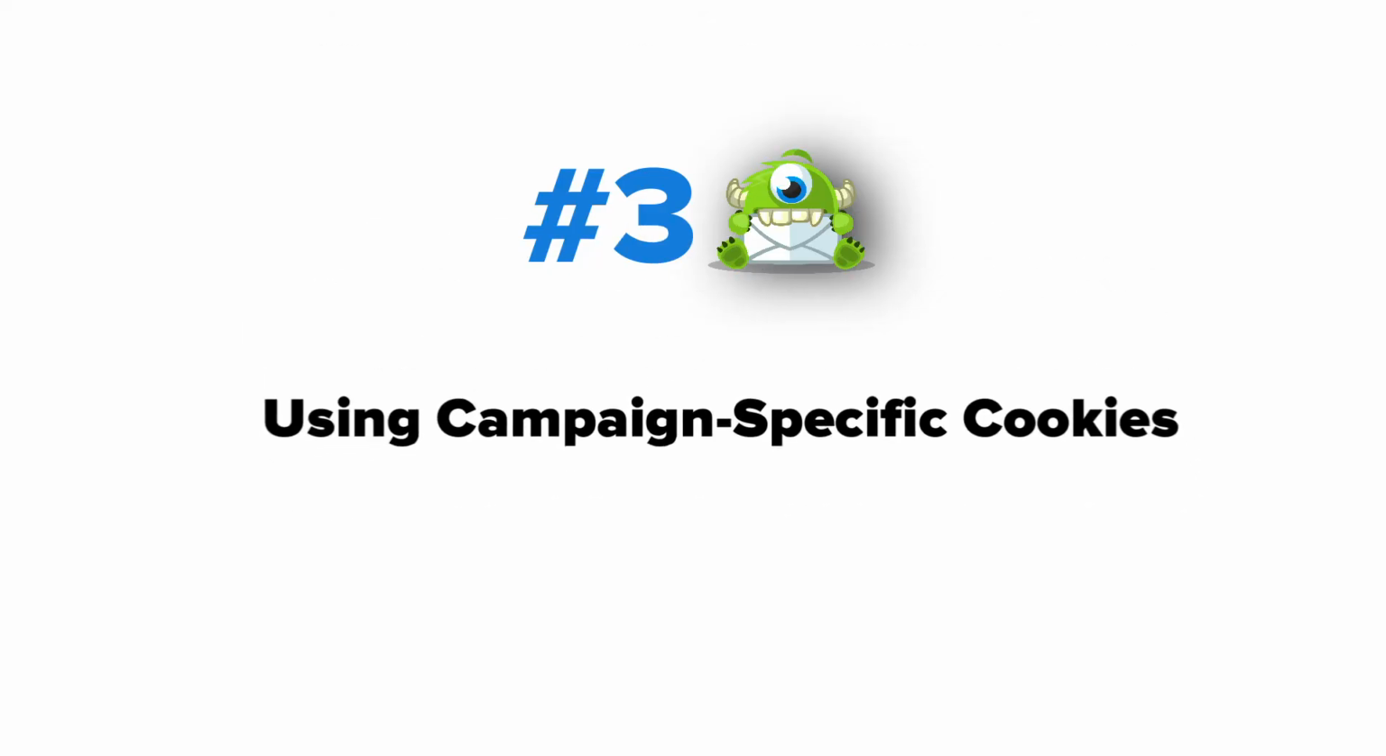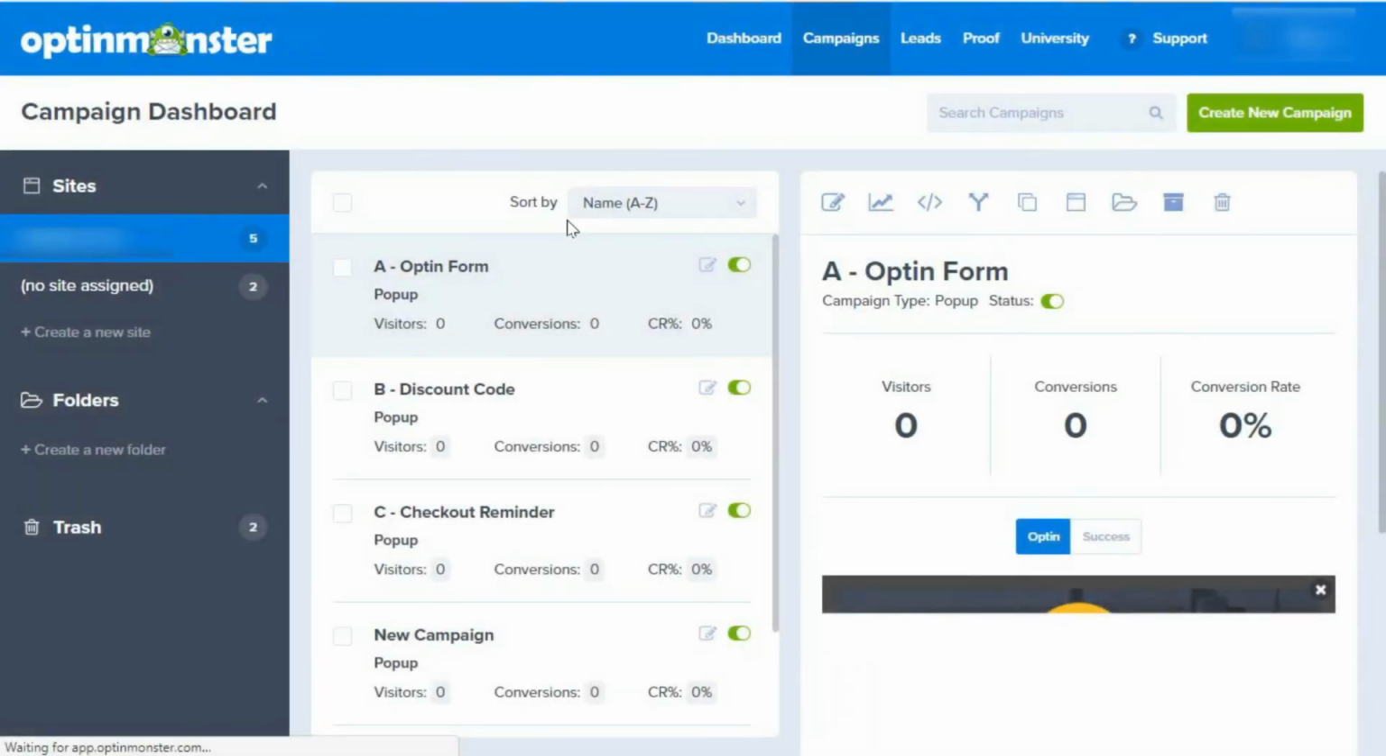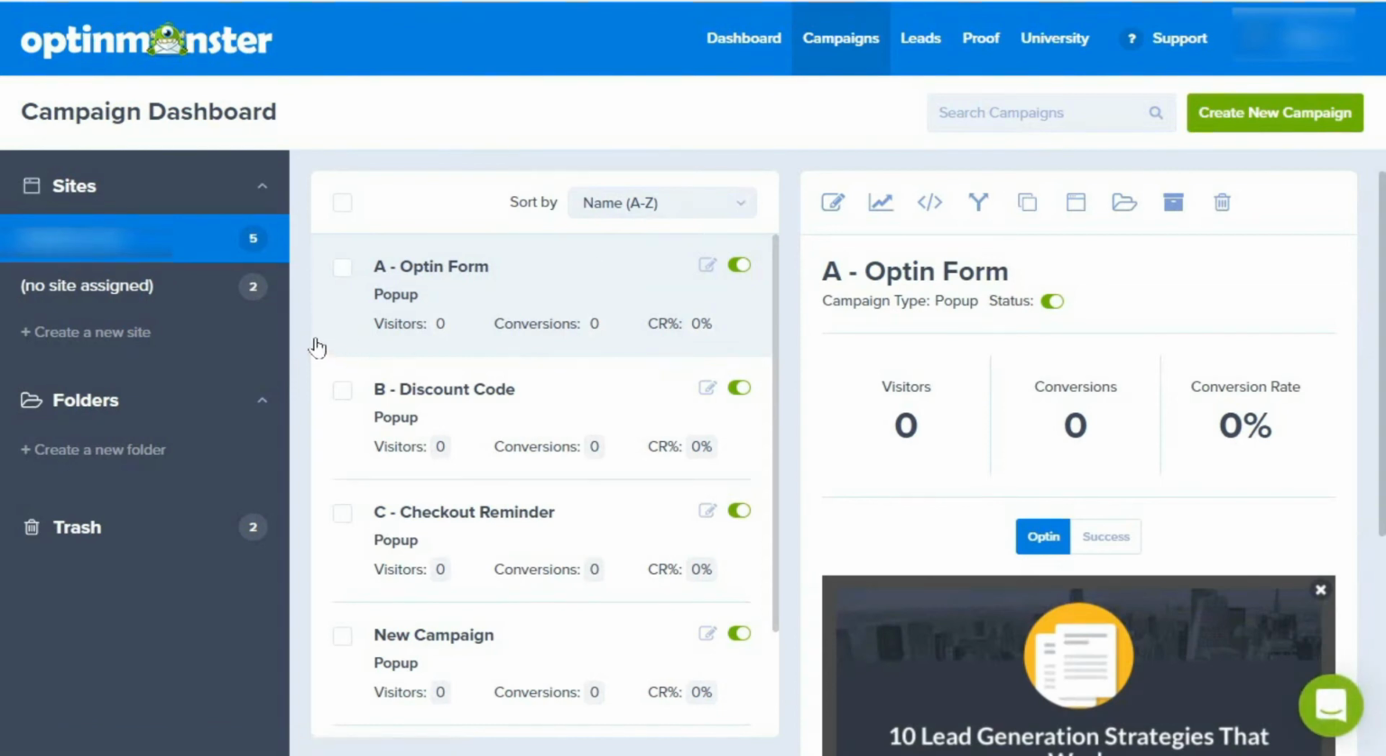Alright, the third method is to display a different pop-up to those who've already opted in to one of your offers. So let's say that you have several lead magnets that you're offering on your site. Now, you probably don't want your visitors seeing the same pop-up over and over again. Still, you want them to be able to opt into other lead magnets. A practical application of this feature is to create a pop-up funnel to move your visitors further along the sales